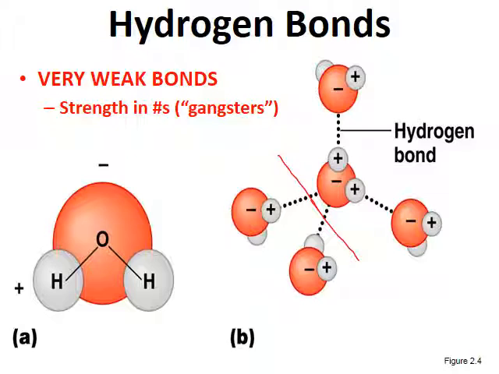So the hydrogen bonds are weak by themselves, strong in numbers, and that's why one of my former students came up with the analogy of gangsters, because they're pretty much the same way. You can deal with one gangster, no problem. But once you deal with them and you have your issues with them, they're going to walk away. And you need to get the heck out of there. Because what they're going to do is go get their buddies, come back, and beat the crap out of you, if you're still there. They're weak. So hydrogen bonds are pretty much the same as gangsters. They're weak by themselves, but strong in numbers.